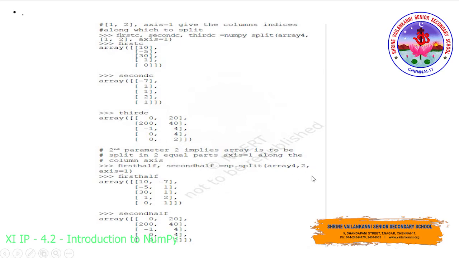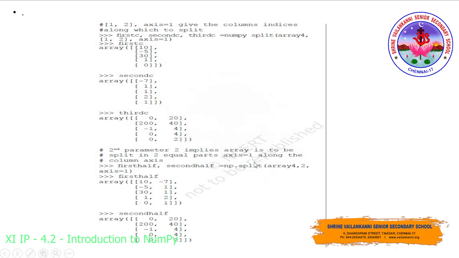And there is one more alternative you can work with. The same number of variables are provided here, and here they have provided only two variables, first half and second half. And for this variable, see what they have assigned: np.split of array 4 comma 2, axis equal to 1. So column-wise splitting is confirmed, and this 2 represents that we are going to split the array into 2 equal parts.